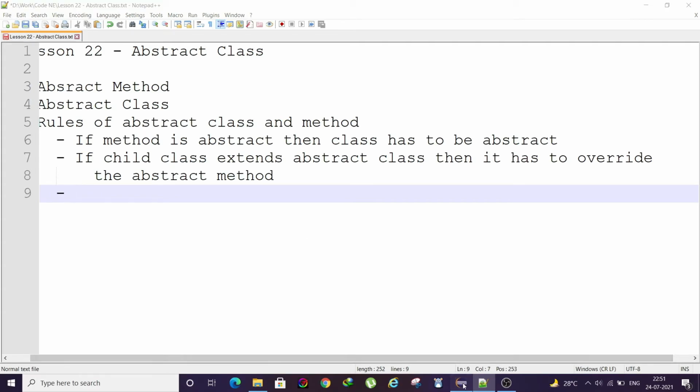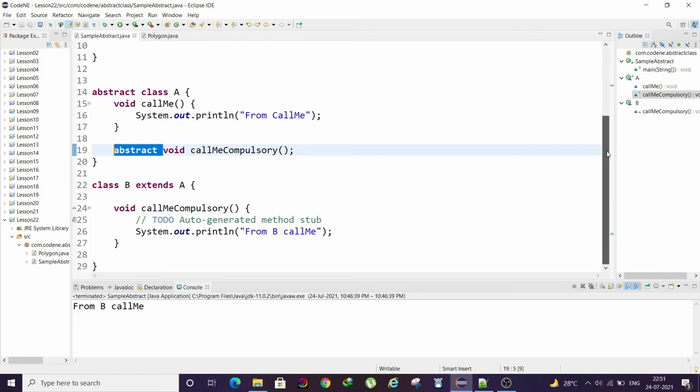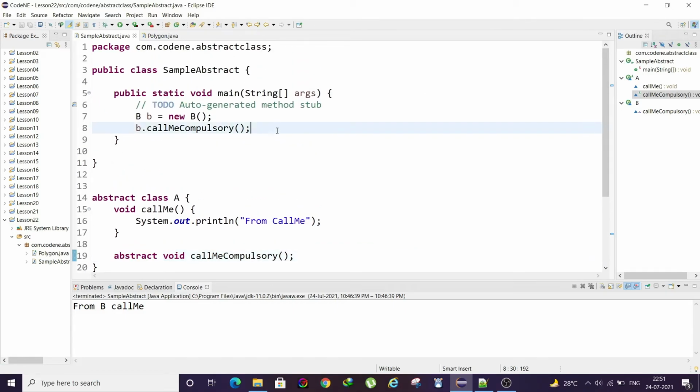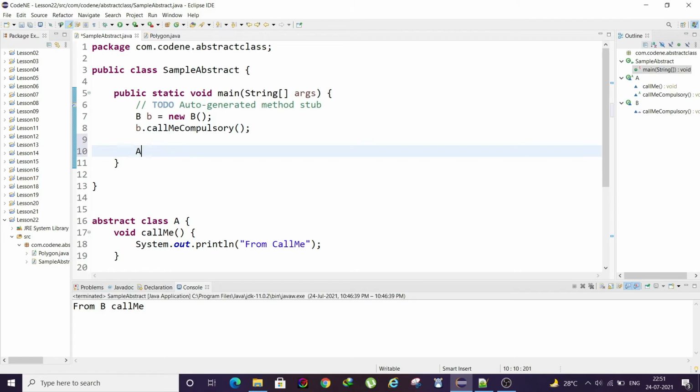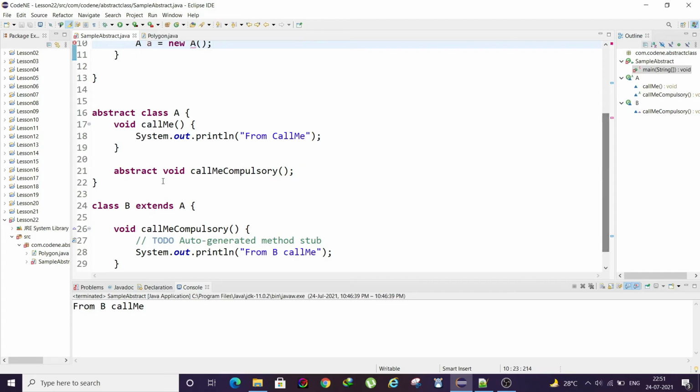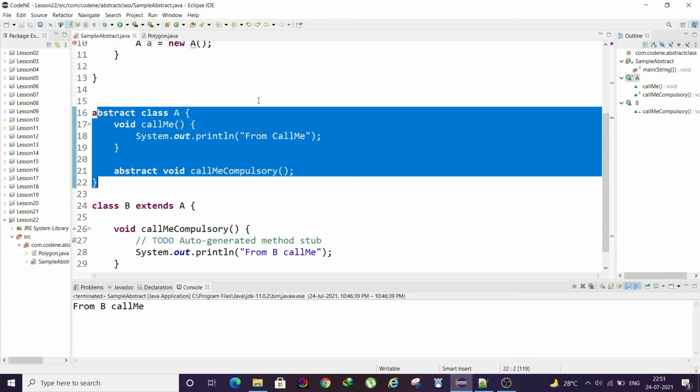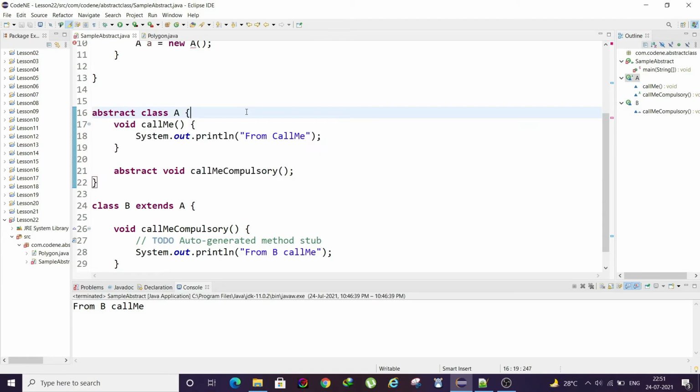So what is the third rule? That example I have not shown yet, but I will show it here. Let's say you have an abstract class as A. Can I instantiate A? No. Immediately you can see it is throwing error, cannot instantiate the type A. So this is another rule that Java tells us to follow. That means whatever class you declare as abstract cannot be instantiated. That means an object of that abstract class cannot be created.